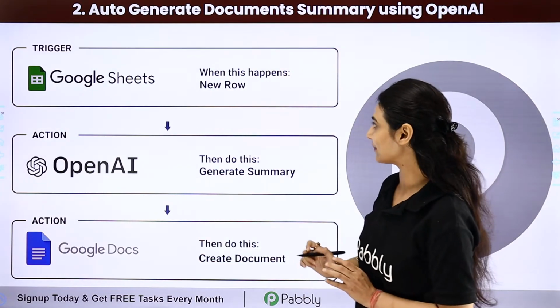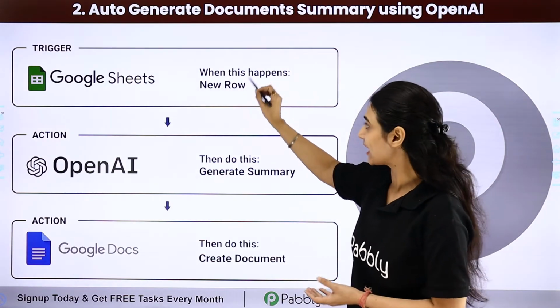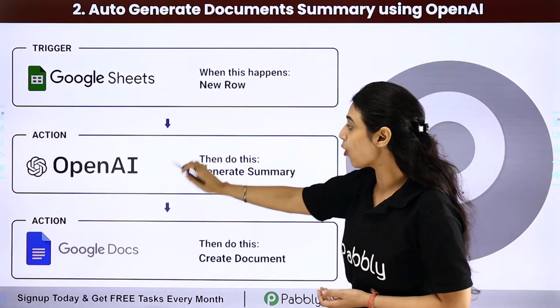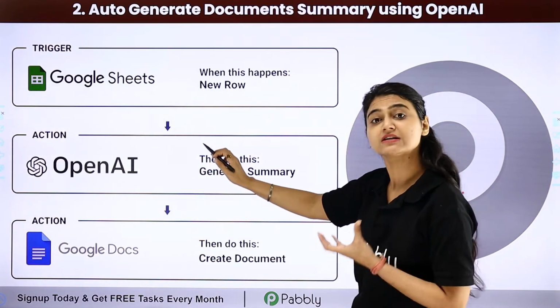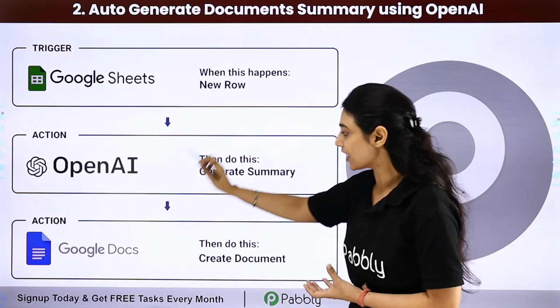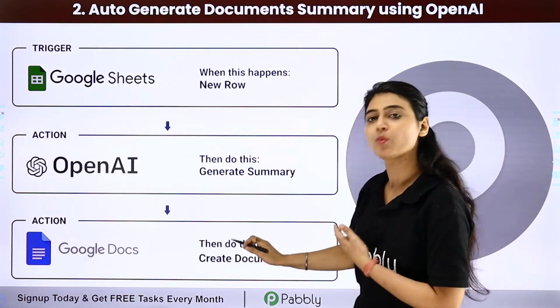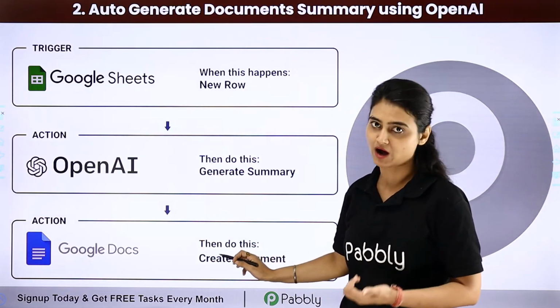So here what will happen is you can get the content details like the paragraph and the headline from Google Sheets. OpenAI will help you generate a summary of that entire content, of that entire paragraph, and then Google Docs will help you create a document of that summary, which you can further use for your digital marketing purposes or